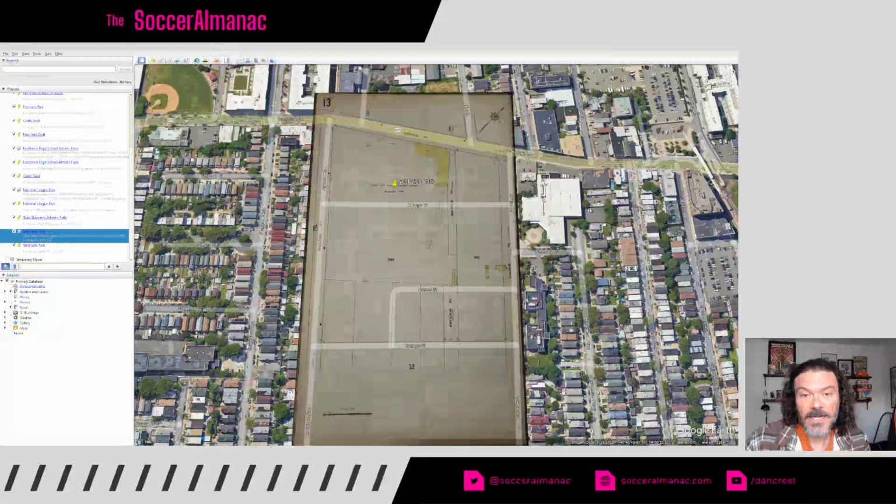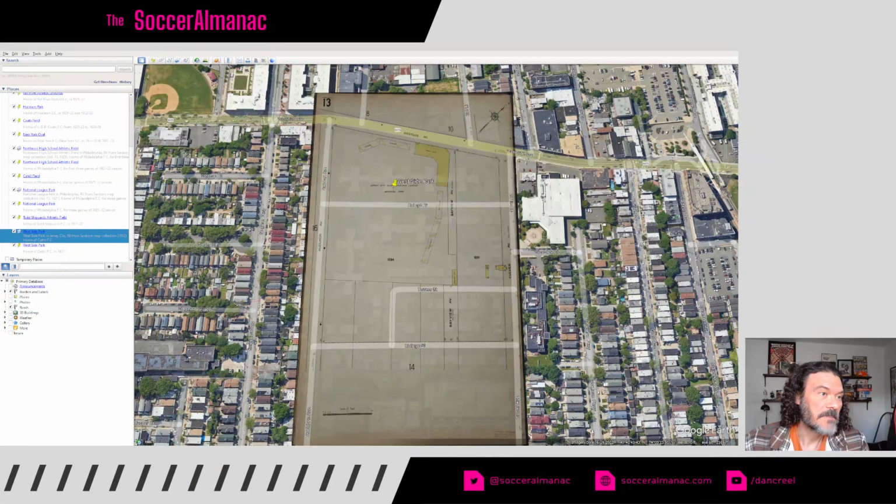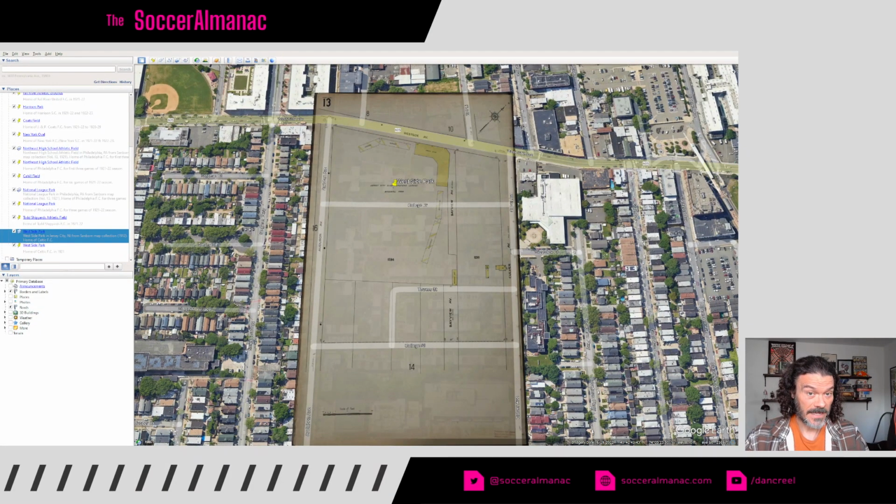And here you see it. It's on Westside Avenue and Bayview Avenue. I've got an overlay here of this great resource for maps called the Sanborn Insurance Map Collection. Sanborn was an insurance company, and what they did basically at the end of the 19th century to the early parts of the 20th century is they created these maps for insurance purposes, and they're very detailed maps of good parts of the United States. They would create a volume of different areas, and then over time they would go back and update it.